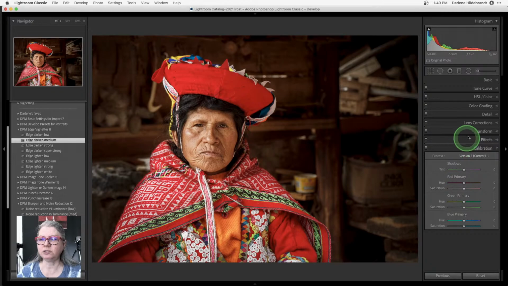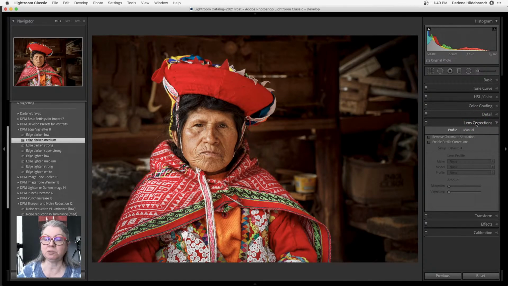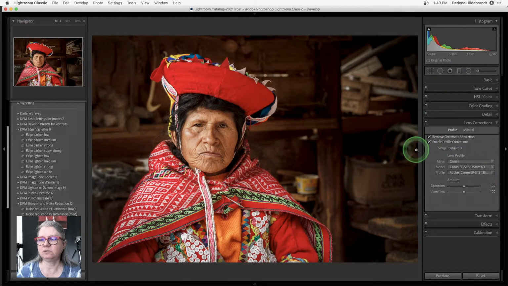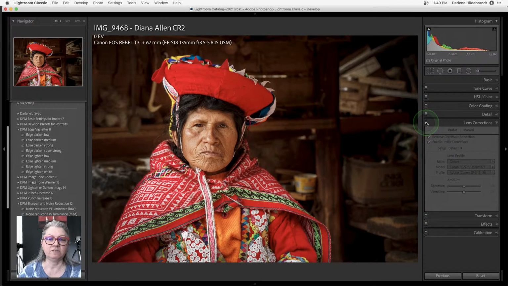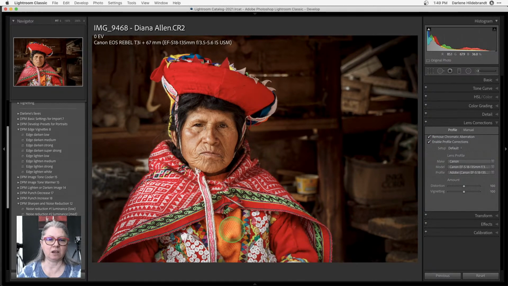One of the other things that I always recommend that you do for pretty much all of your images is to go to the lens corrections and turn on the remove chromatic aberration and enable the camera profile. Okay, so what it did was it recognized, you'll notice, that she had a Canon 18 to 135mm lens, and it filled in a couple of things. It took away the distortion that that lens produces at that focal length and any edge vignetting, right? So I recommend doing both of those, and if you don't like what the profile corrections are doing, you can just turn that off or you can adjust them down here.